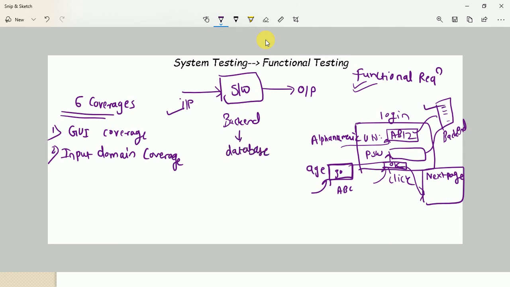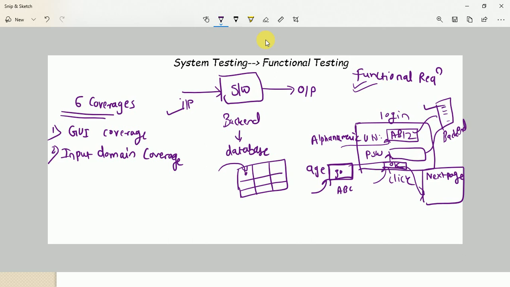Clear? Whatever data you are passing, is the data correct or correctly stored in the database or not? Because in a database we have a table format, right? So we need to verify that all that data is correctly passed to the particular column and row and correctly held in that particular table. So the backend is also important to test at the time of functionality of the software application.